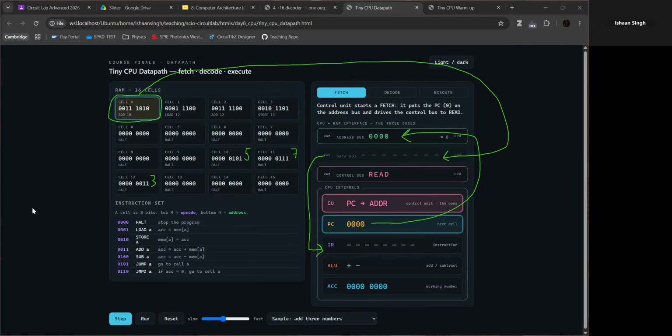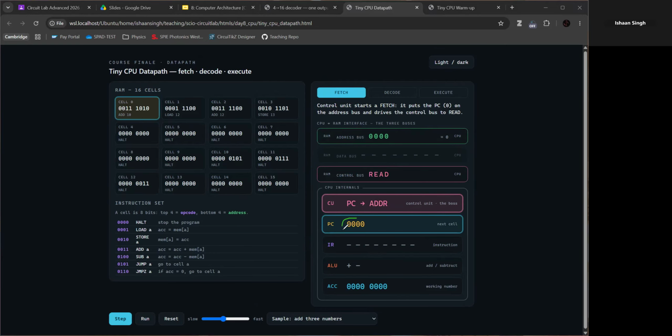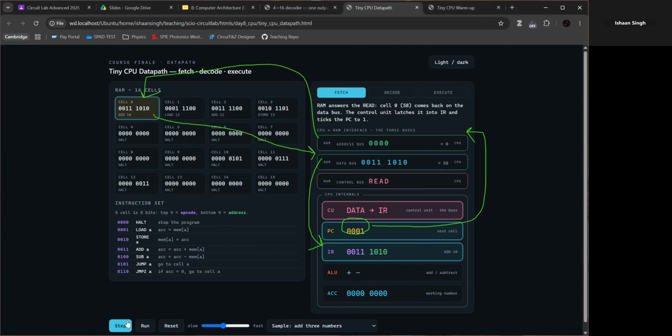So just to reiterate, on the first step, the program counter wrote its address into the address bus. The address bus said, okay, let's go to this address right here, address 0. This address is then going to write its value into the data bus, and the data bus is going to write its value into the instruction register. So if I step, notice that's exactly what happens. Then next,